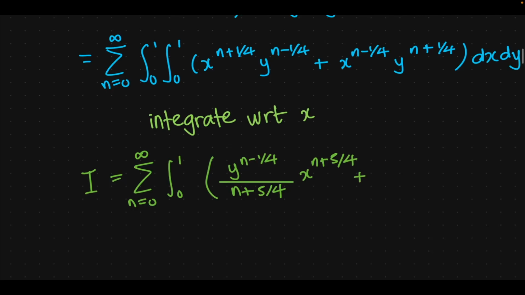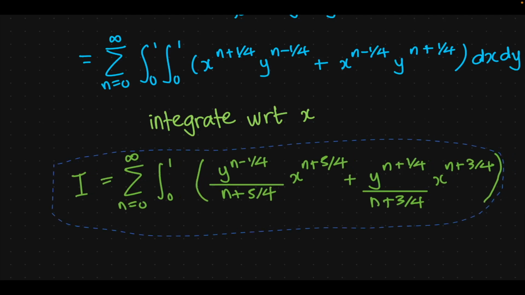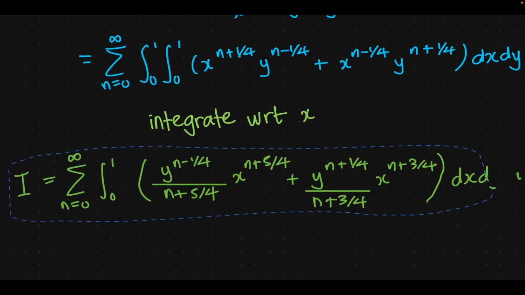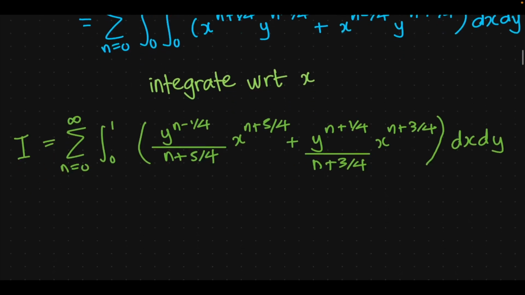Plus y to the n plus 1/4 divided by, now add 1 to the x power, so that's minus 1/4 plus 1 is 3/4, n plus 3/4, and we have x to the n plus 3/4. Let's give ourselves some space. dx dy, that's a dy. Okay, and now we still have to plug in. There's no dx. We integrated over x, so that's dy,